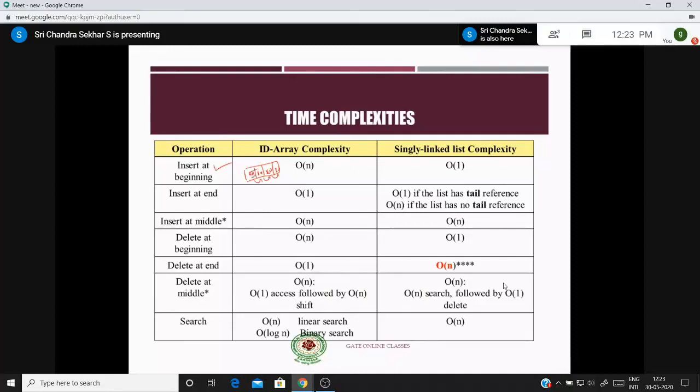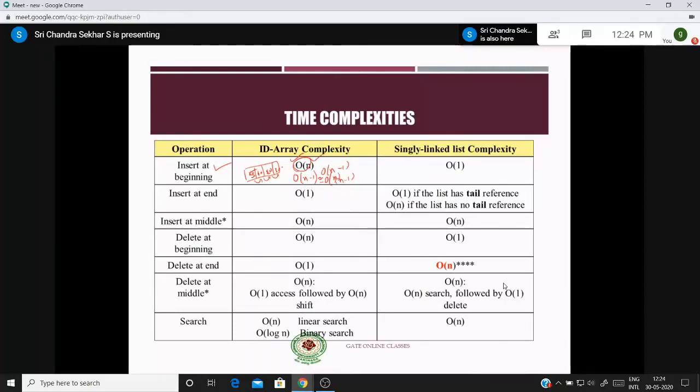You can insert here. So if there are n elements, shifting these n-1 elements gives big O of n-1 complexity. So for inserting an element at the beginning of the array, we require n-1 shifts towards the right-hand side. Therefore the complexity is big O of n-1, which is equal to big O of n only. So this is clear, right?